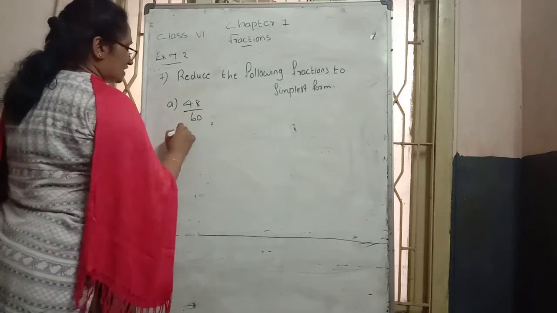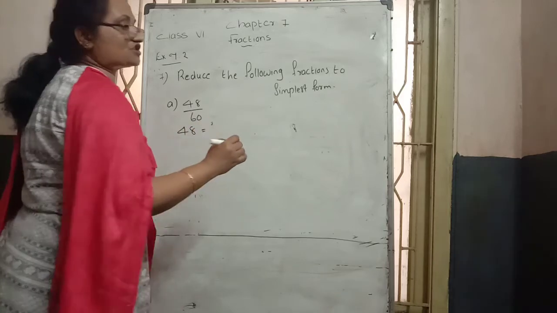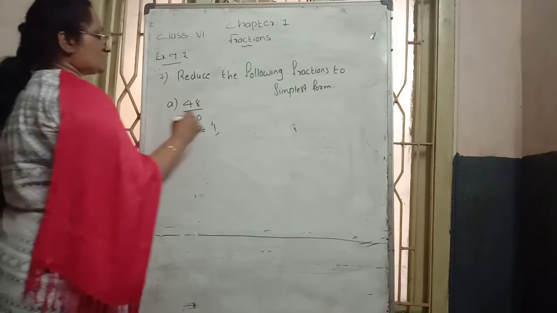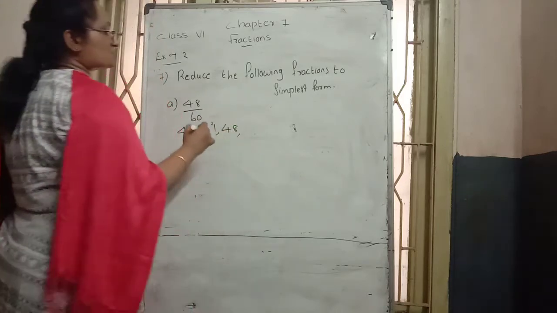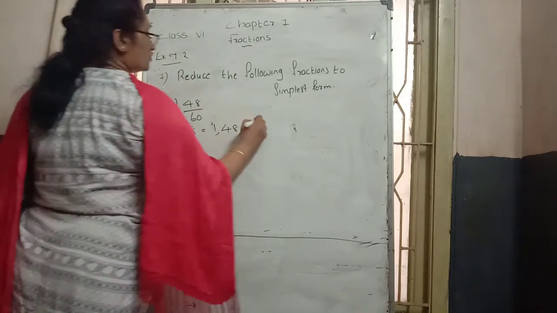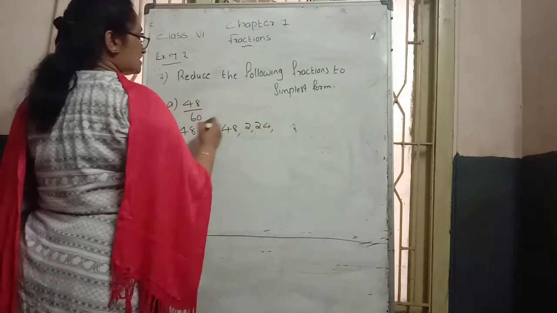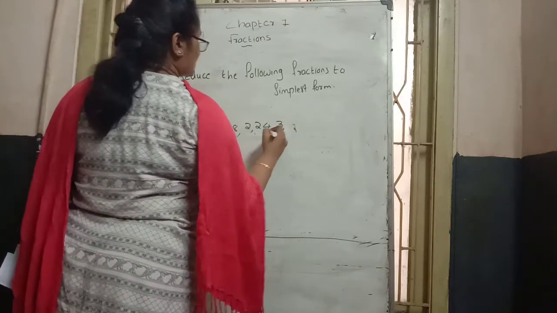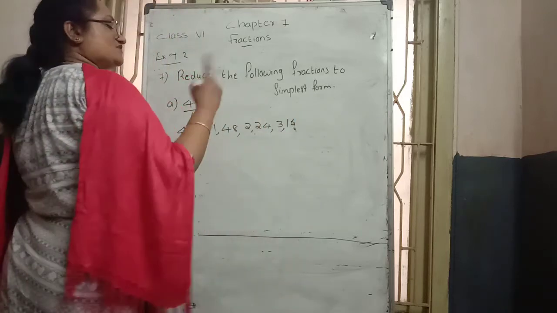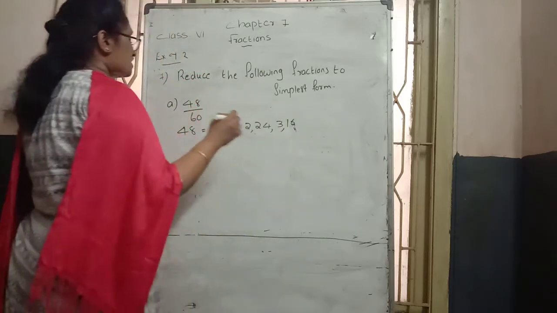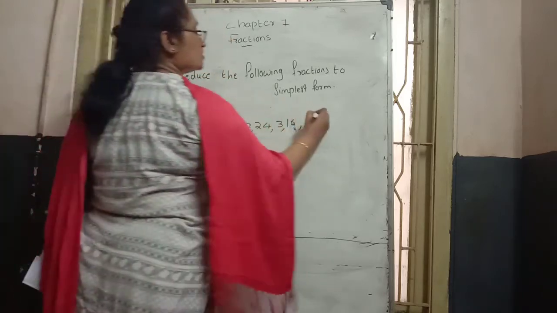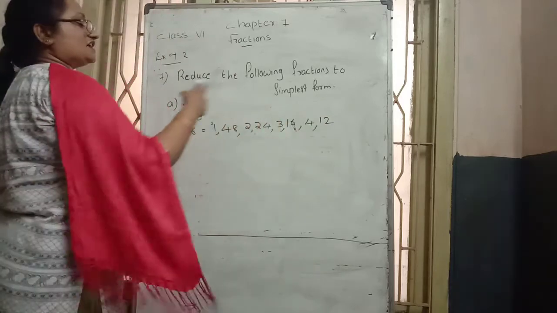So here first I introduce the factors finding method. What are the factors of 48? 1 table 48 is there, 48 table 48 is there. 2 table: 2 into 24 becomes 48. Then 3 table, is it possible? Yes, 3 table, 16 times; 16 into 3 becomes 48. 4 table, yes: 4 into 12 becomes 48. Reverse also, 12 table is also possible, that's why we write 12 also.